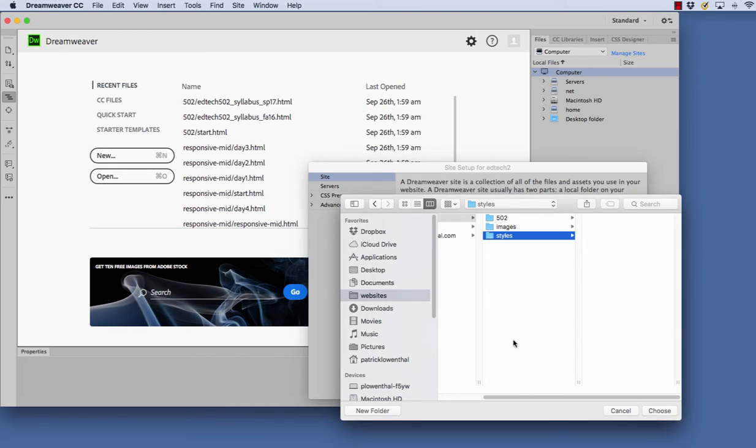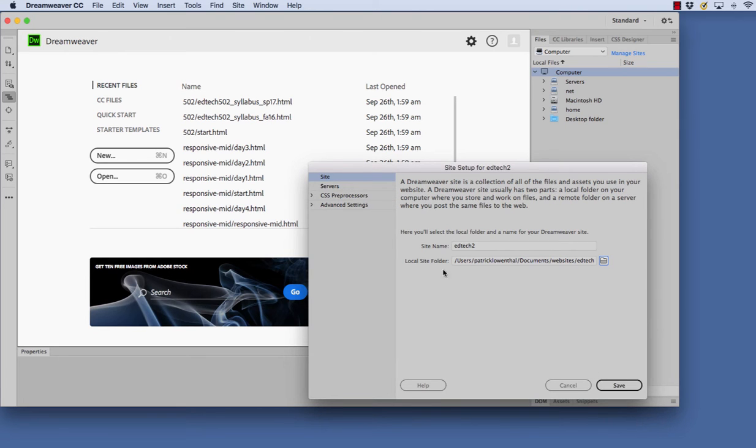I'm going to add styles. You could find later that you want to have a separate folder for PDFs. You could also have one for scripts and other things. But for now, I'm going to make sure I have EdTech2 selected, hit choose, and now I'm going to jump